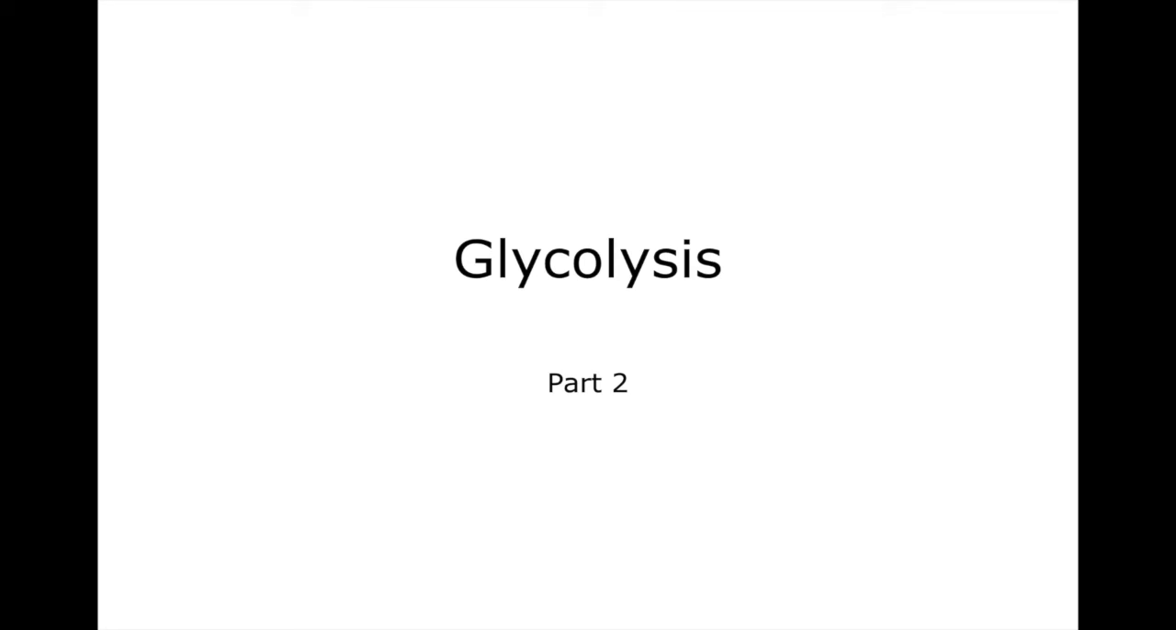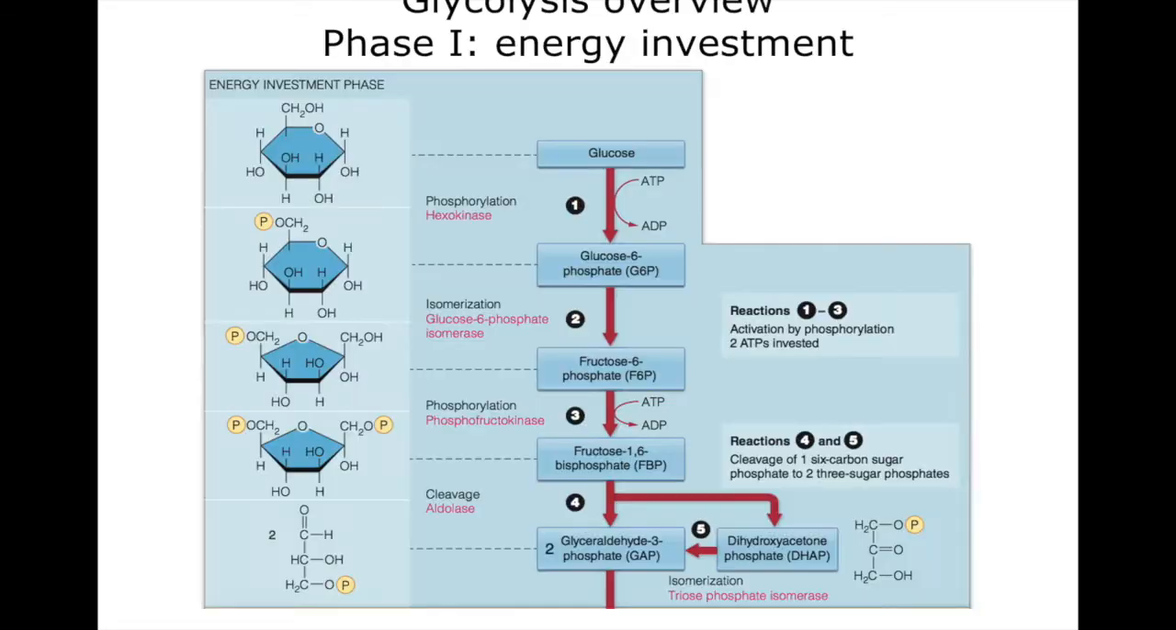In this video, we're going to complete our discussion of glycolysis. If you recall, glycolysis starts out with glucose. Then through a series of steps, it is ultimately broken apart into two 3-carbon molecules, which are called glyceraldehyde 3-phosphate. The first 5 reactions of glycolysis are the energy investment phase because they require the hydrolysis of 2 ATP molecules